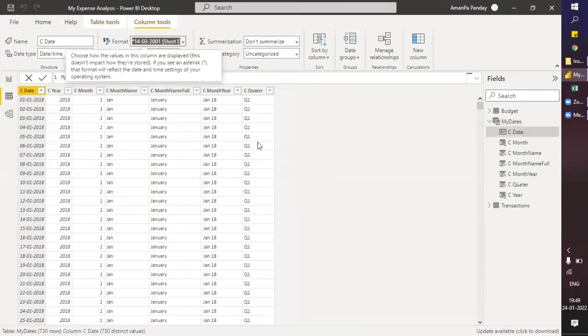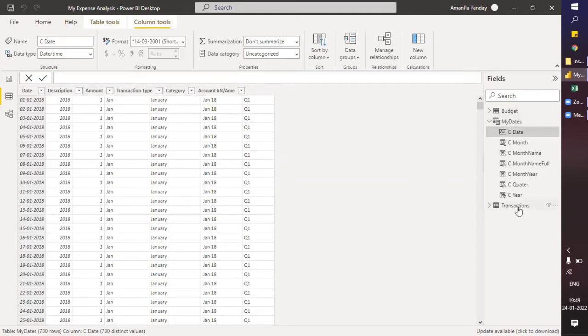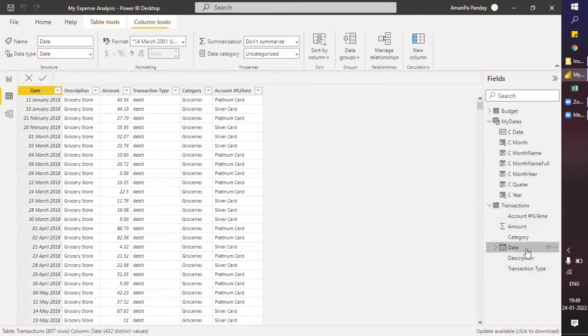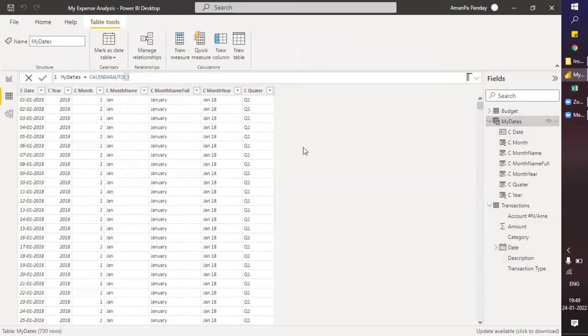Okay. Now we will add one more column to know which dates are present in our transition table. Okay, we have dates here, so we need to figure out which of the dates of this transition table are present in this. So for that, let's add another column,